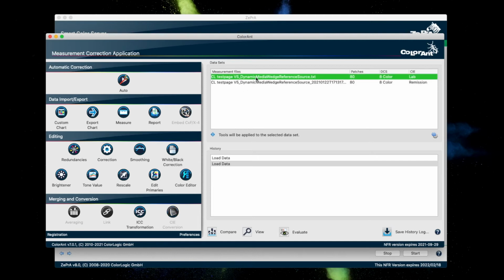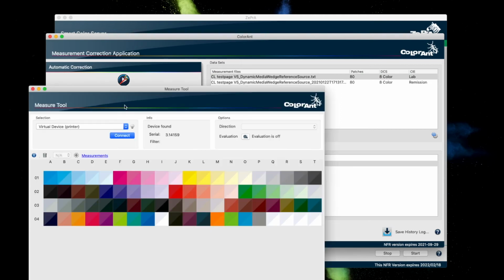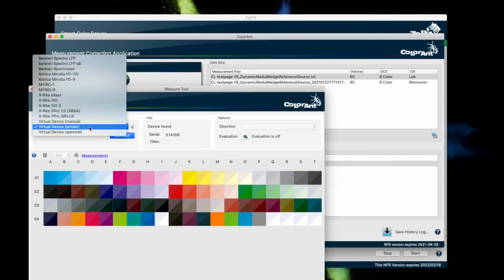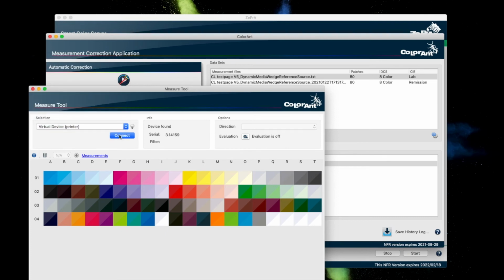The next step is to measure and evaluate these proofs using the proof evaluation tool in ColorAnt. So you're going to drag and drop the dynamic media wedge reference source text file created by ZePrA into ColorAnt. Click on the Measure button to bring up Measure Tool. Select the measuring device that you'll be using. Click Connect and follow the prompts that appear on screen and start measuring. And once you're done measuring,